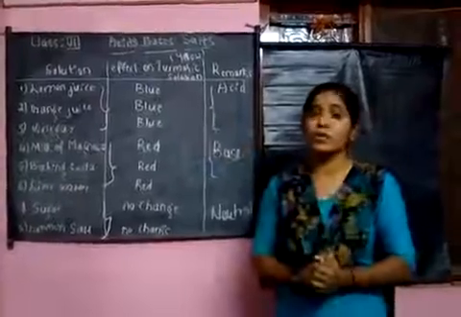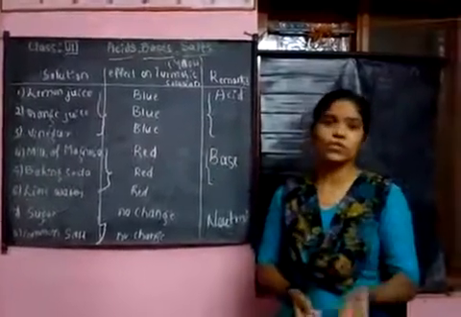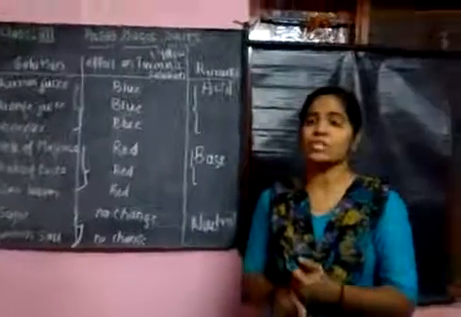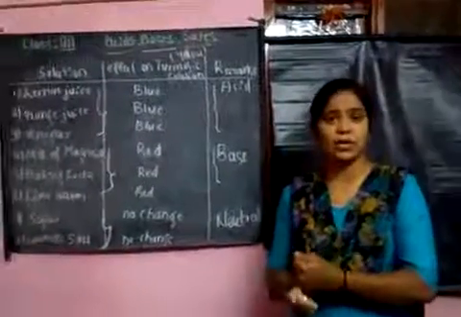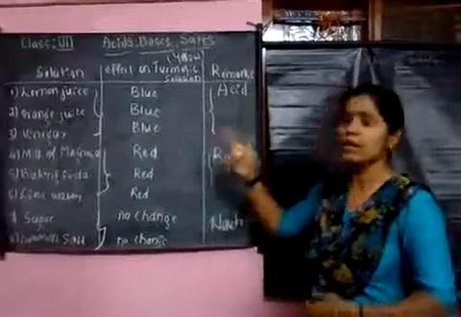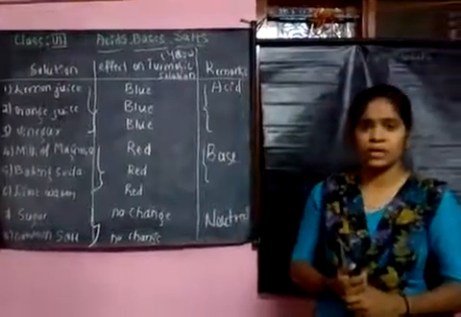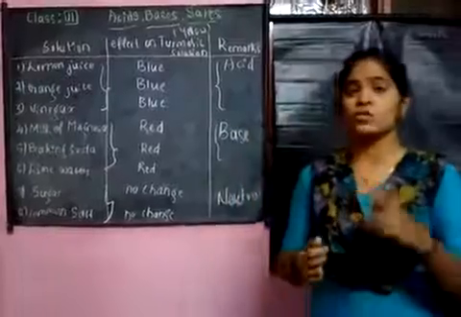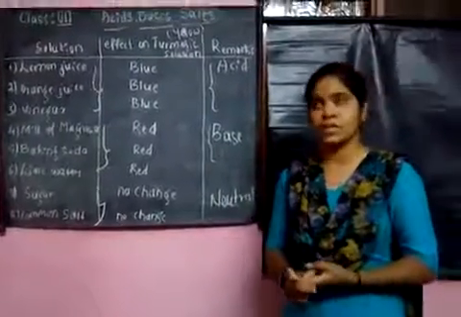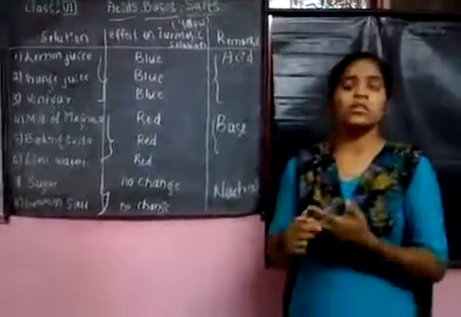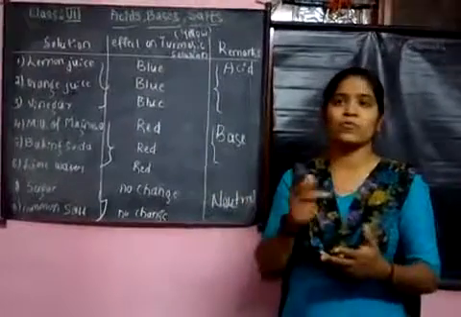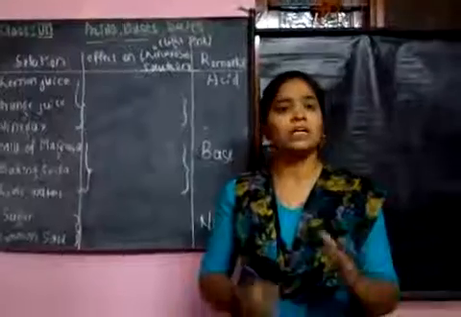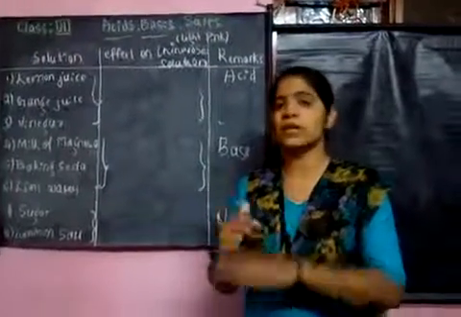So why do we consider the turmeric solution only? Because this is a naturally occurring indicator which is rich in tartaric acid. So it changes its color and acts as an indicator. It has more applications in the industrial field. The naturally occurring indicators are this turmeric solution and China rose, and these are helpful in almost all fields. So students, based on indicators only, I am considering the next indicator.